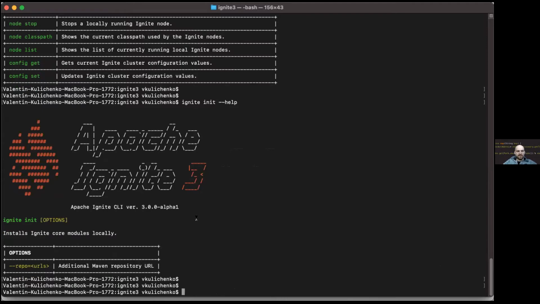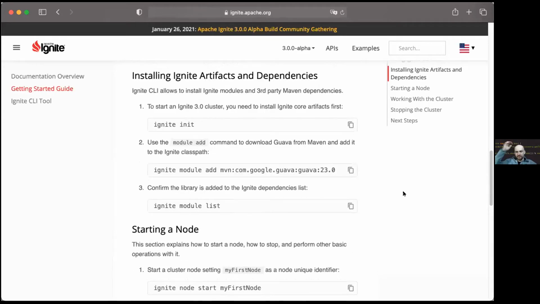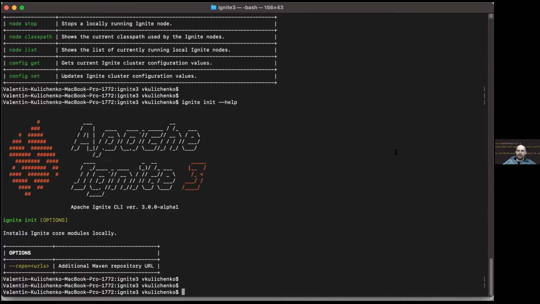All right, so let's dive into the actual operations. I will start with installing Ignite artifacts and adding some dependencies as well. Just to clarify, the CLI tool essentially has two purposes. When you install it, you can use it to run operations on an existing cluster, which can be remote right away. It will be able to connect to a remote cluster and update a configuration parameter, for example. You don't need to do any additional installations for that. The second purpose is management of the local installation of Ignite itself: running local nodes, managing those local nodes, starting and stopping them,